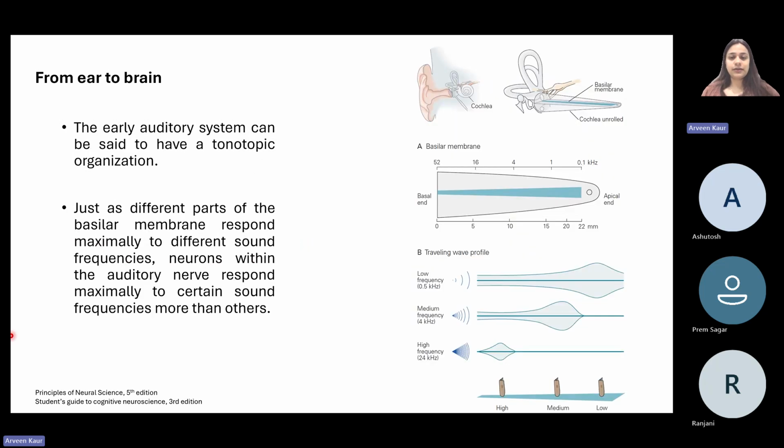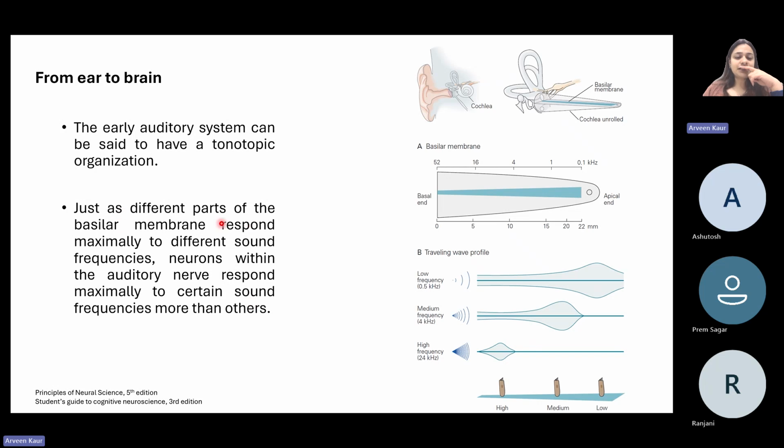In addition, there are descending top-down pathways that go as far back as cochlea itself and may be important in auditory attention. Right? Over here, as we were mentioning, this is the basilar membrane, right? So there are different frequencies of sound which are understood by different kinds of, okay, this basilar membrane is within the cochlea. So it's generally like this. If we unroll it, we can see it like this, right? Early auditory system can be said to have a tonotopic organization, right? Because different frequencies at different levels it is getting.